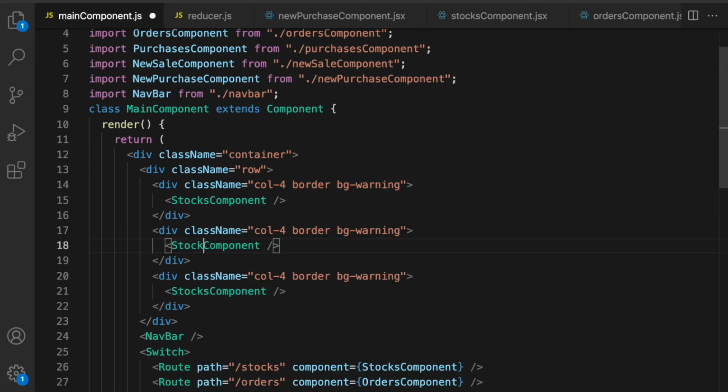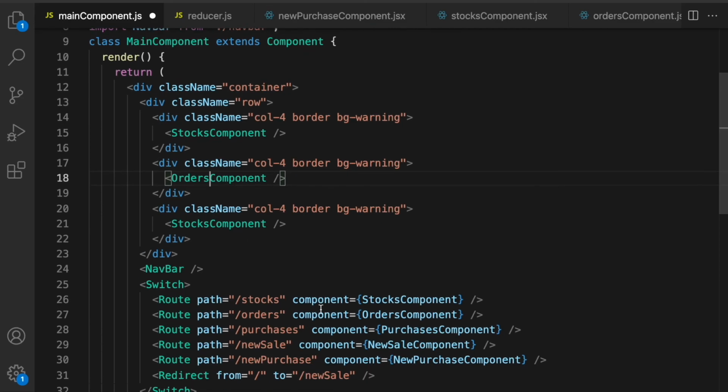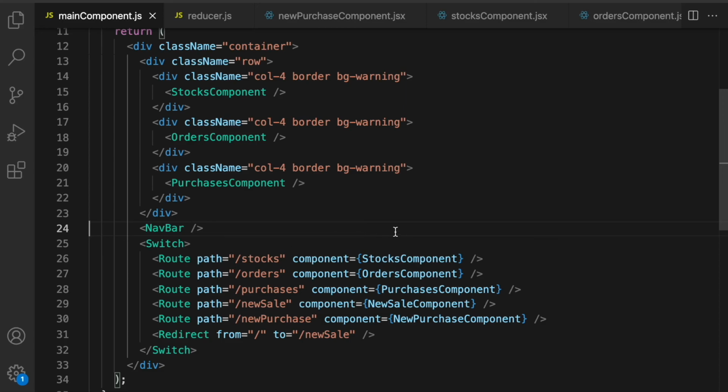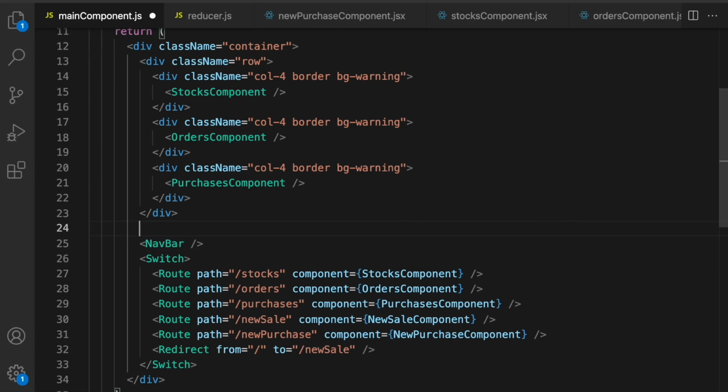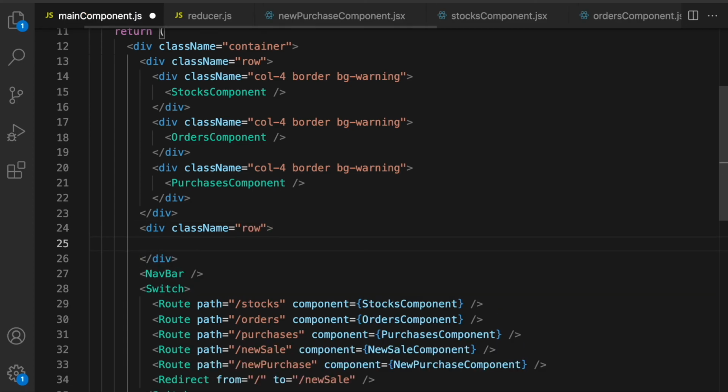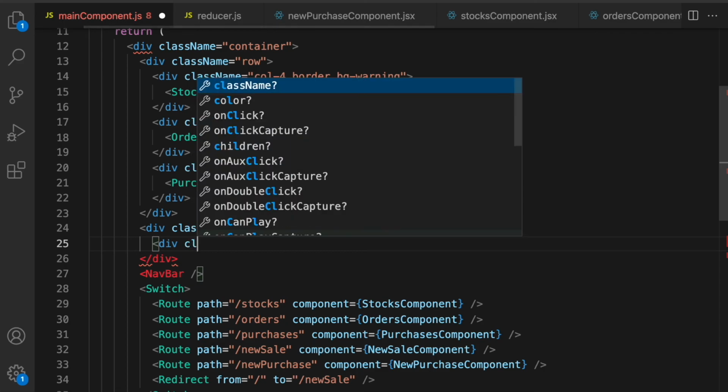So the orders component and the purchases component. So these we have rendered. Now let's show our new sale and new purchase also. So let's maybe put another row in. Div class name is equal to row. And now within it, let's just put a